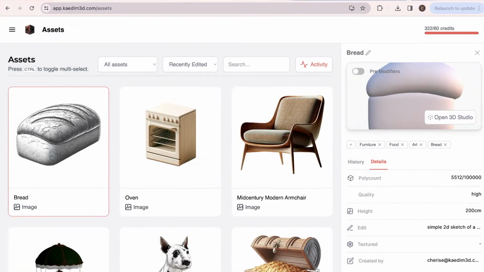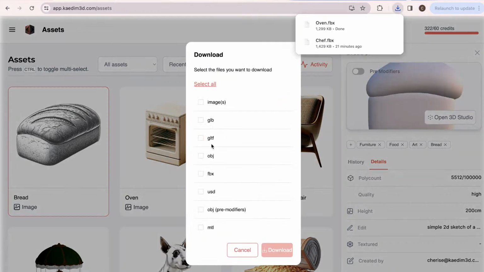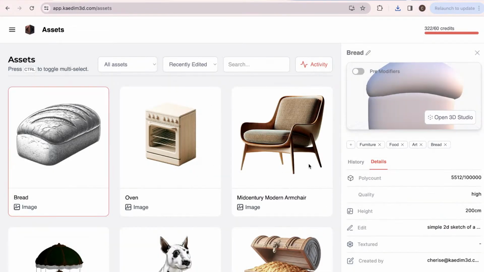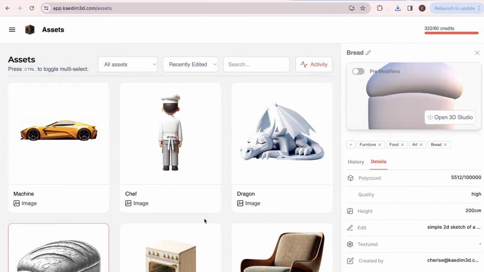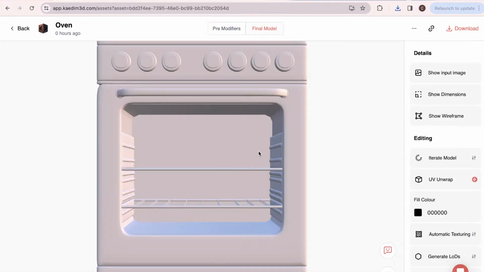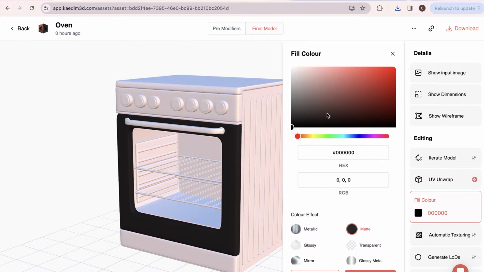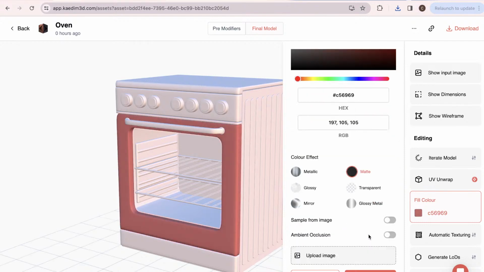So I'll just do that. And you can also download multiple files at once, but all I need is the FBX. Actually, I will add some color to this and download the FBX. So you can sample from image,